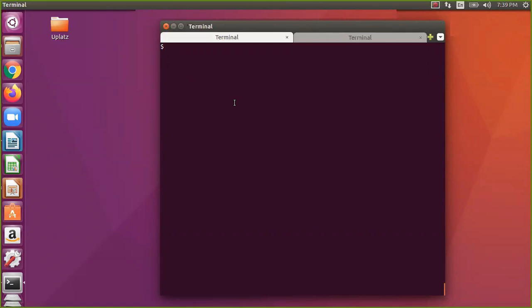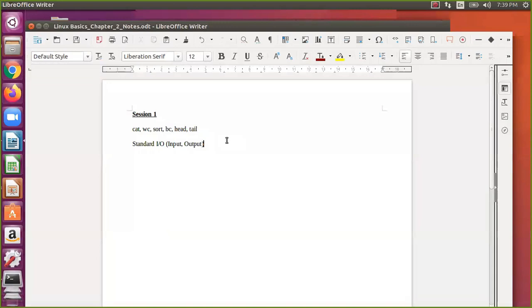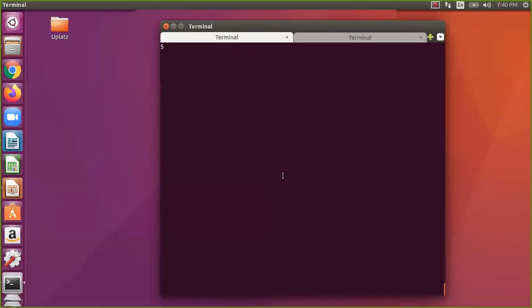These read and echo are the standard input and standard output in Linux bash. The input is read, the output is echo. We'll see these more in shell scripting; as of now we'll see just a little IO.